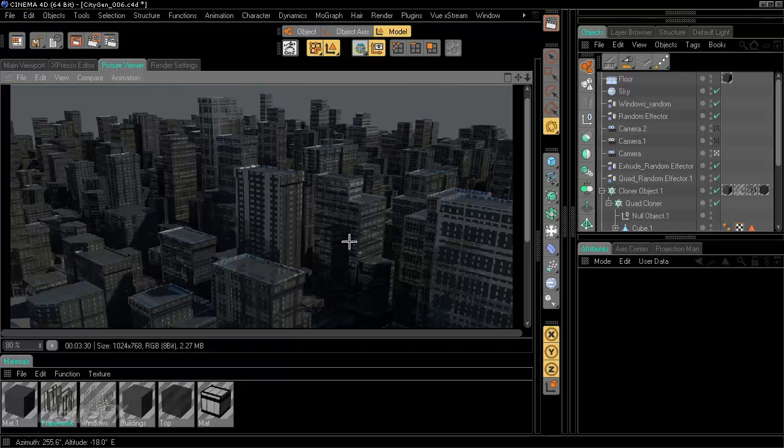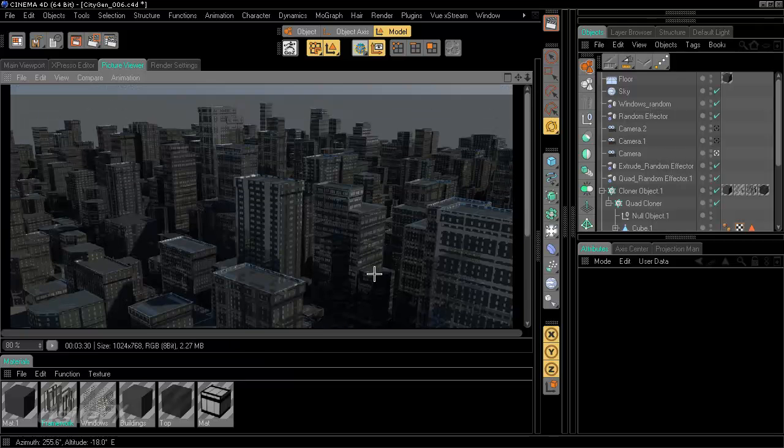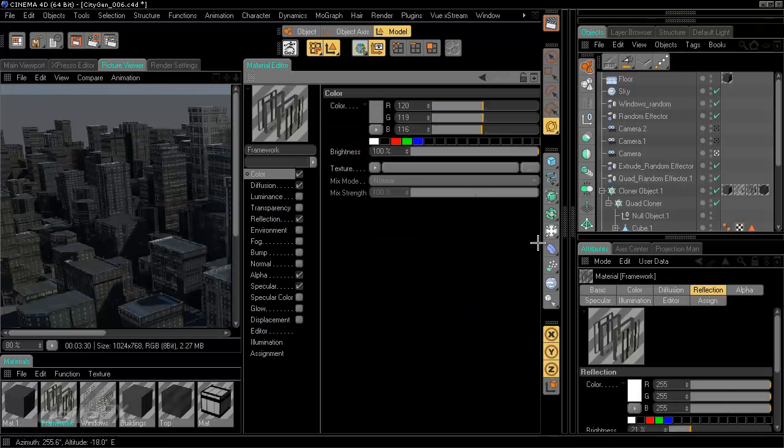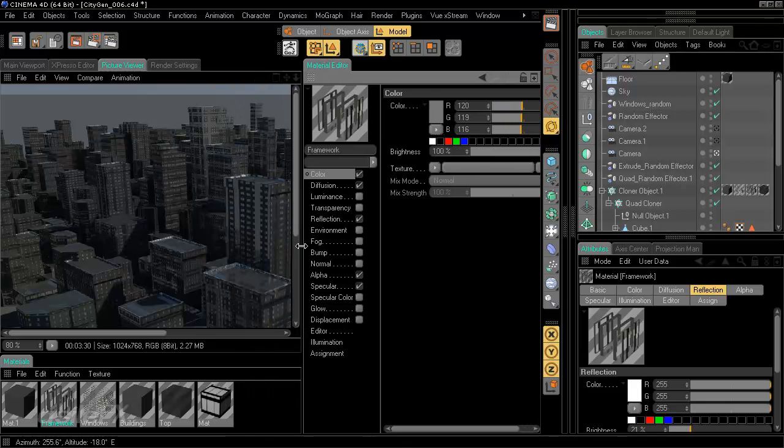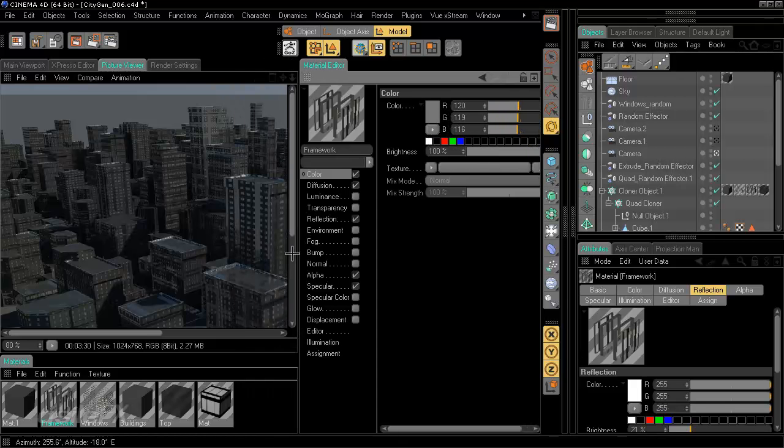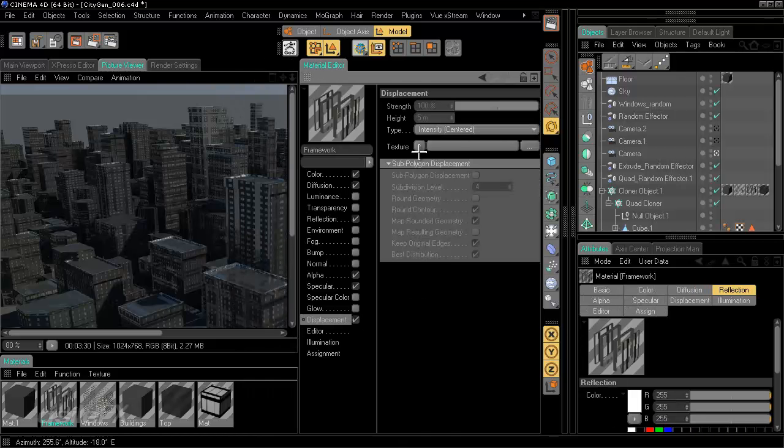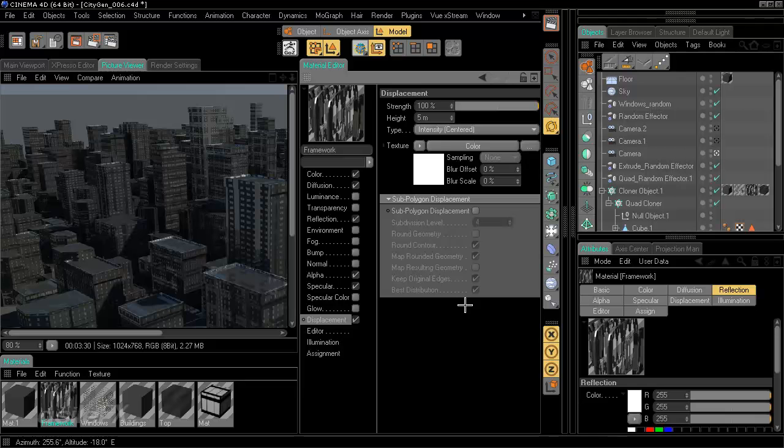Another option you have with the advanced renderer is setting up subpolygon displacement. So what we can do is use the texture placement to modify the shapes of the buildings. We'll start with the framework. And because the alpha is really controlling the shape and really what we need, we can just turn on displacement, change it to a color, so we're just displacing outward. We'll go ahead and set our height to 2 meters, turn on subpolygon displacement, and then we are going to